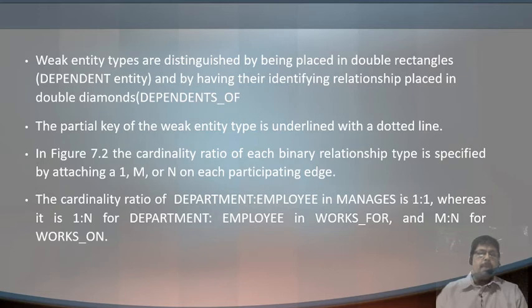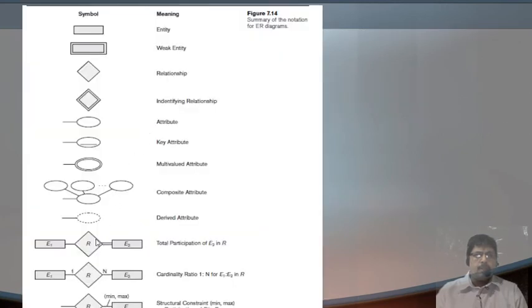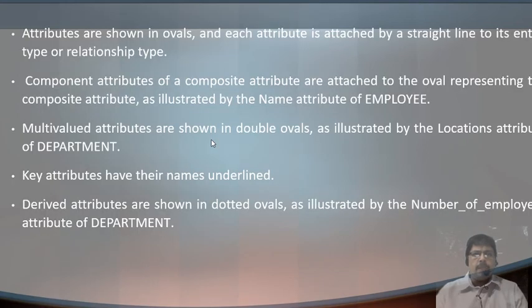The relationship between a strong entity and a weak entity is defined by a double diamond shaped symbol. Here you see the double diamond shaped symbol. It is defining a weak entity relationship,